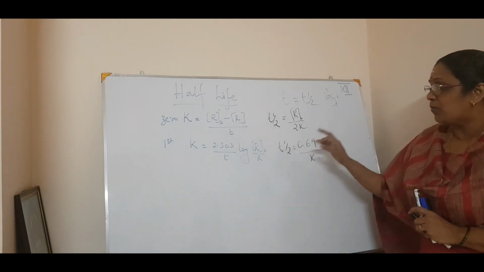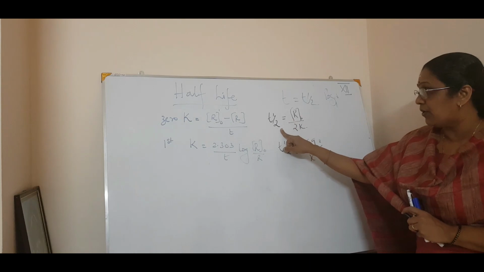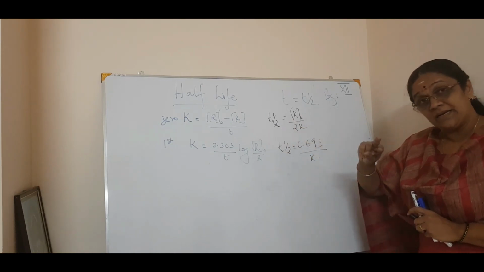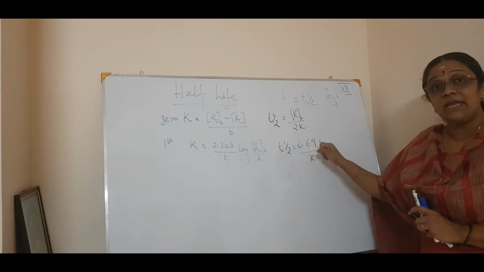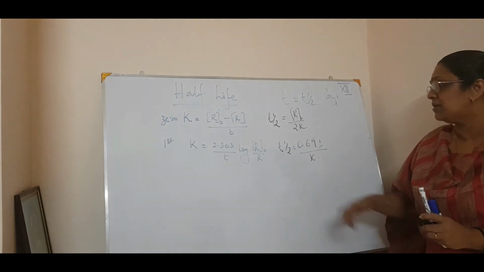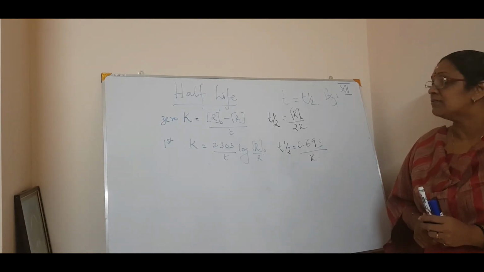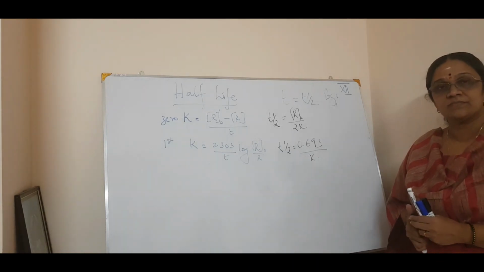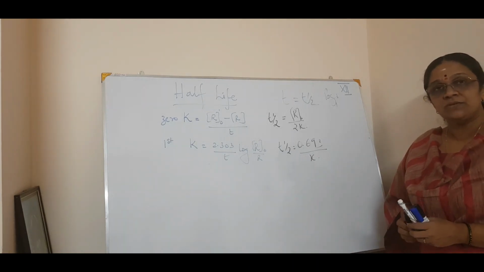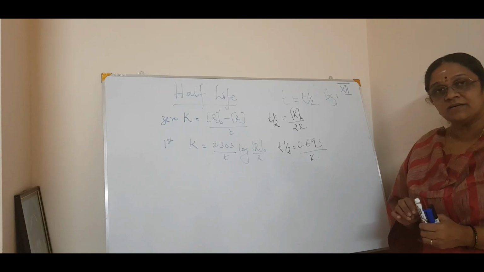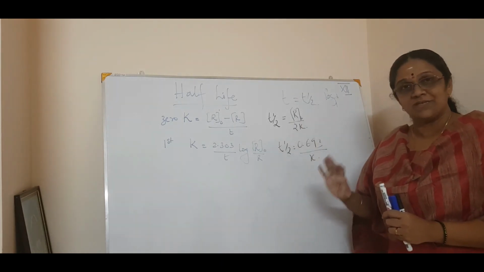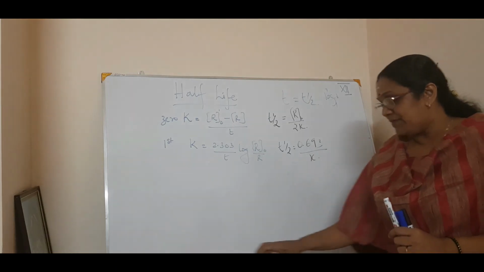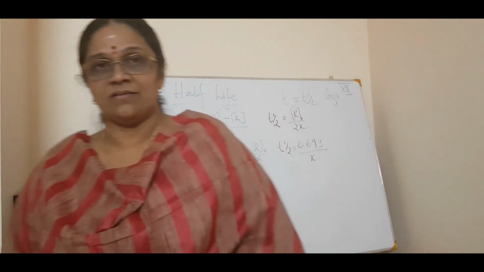That's okay. But what is the difference? In the zero order, it is dependent on, or directly proportional to, R0, whereas the t half is independent of the initial concentration in first order reaction. Understood? Is it clear? Okay. Just remember, R is getting to R0 by 2. That's all. Okay. Now we will see the last topic.